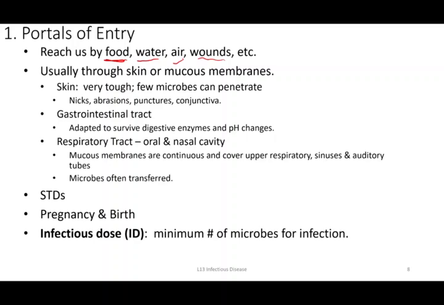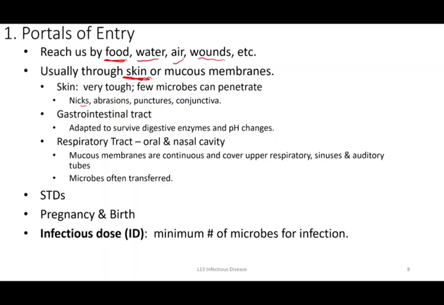So the most common routes of exposure then are going to be the skin, which is a really important physical and chemical barrier that prevents many microbes from actually getting to certain parts of our body, so it does a great job. But obviously, you've experienced this. You get nicks and abrasions and different injuries that you sustain to your skin. And so once there has been that physical disturbance to your skin, it allows a specific site of colonization potentially.